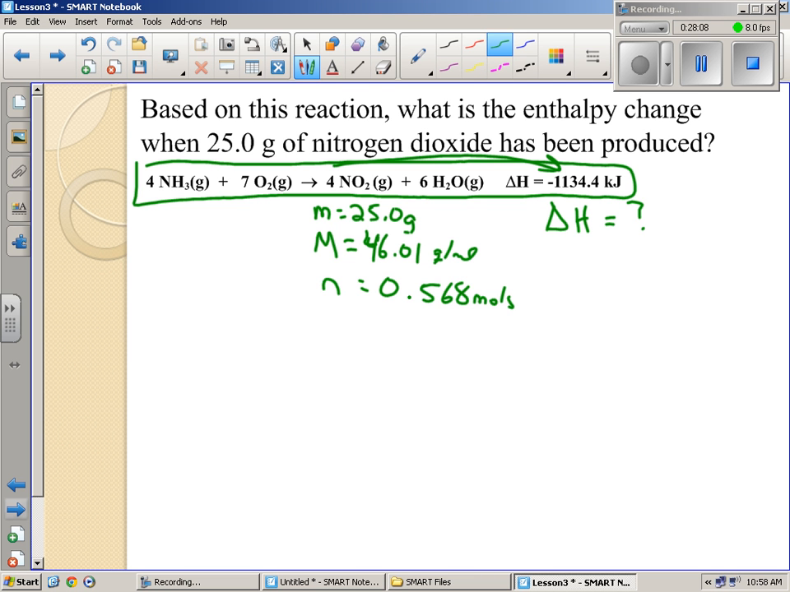Well, if I only have 0.568 moles produced, I'm certainly not going to get 1134.4 kilojoules of energy produced, because I only made a half a mole of NO2, whereas 4 gives me that. Once again, you could do a ratio proportion kind of thing right now if you wanted to. If you want to be fancy and use a formula, by all means, that's nothing wrong with that either. So, what is the enthalpy change if I use 0.568 moles